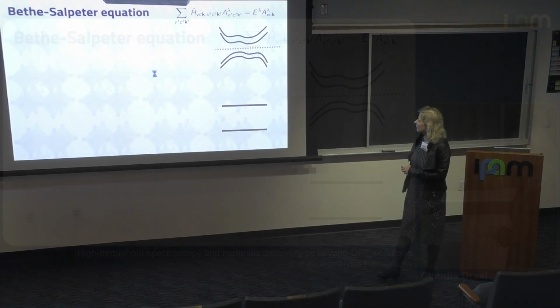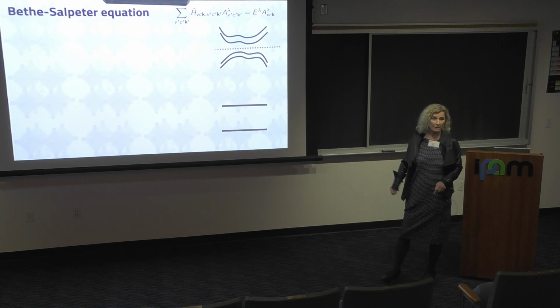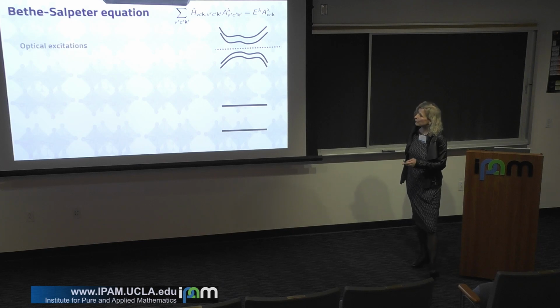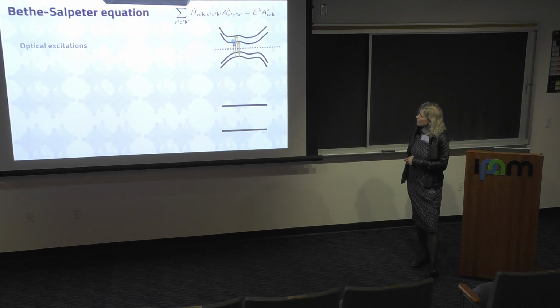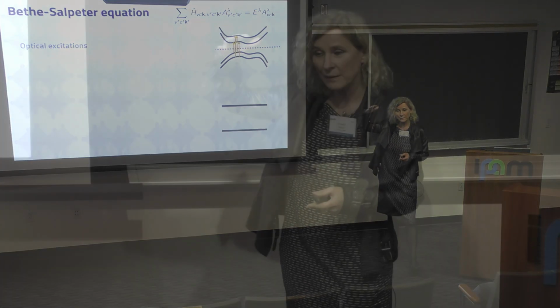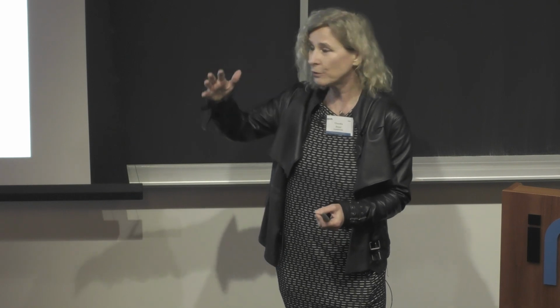You have a band structure, conduction bands, valence band, core states. You shine in light, and this light actually excites an electron from an occupied state to an unoccupied state. In optical excitations, this would look like this. Wherever you are in the Brillouin zone, you can initiate transitions from any type of valence band to any kind of conduction band. And if the electron-hole interaction between the electron that has been excited and the hole that it has left behind is strong, such individual transitions can team up and form an electron-hole pair, which